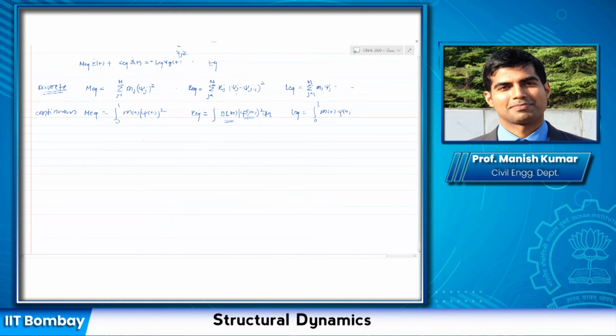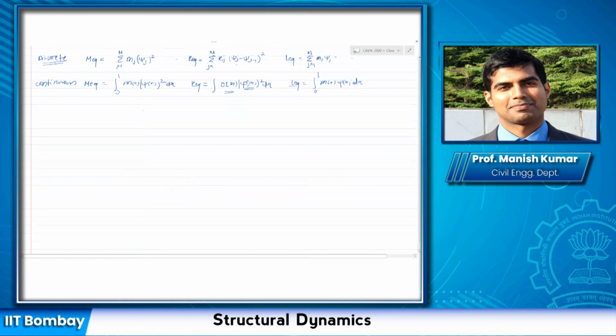Okay, times dx here, and dx here would be there as well. So even if there is a discrete mass, I'm able to simplify a set of discrete masses or a multi-story building to a single story building with m equivalent and k equivalent, and now it becomes easier for me to analyze it. We would, however, in later chapters discuss the exact methods of analyzing it, but right now this